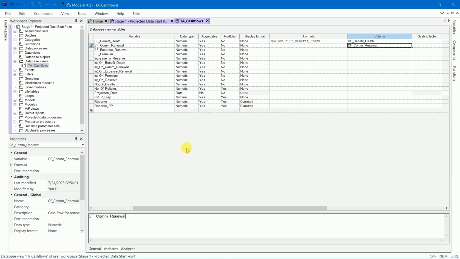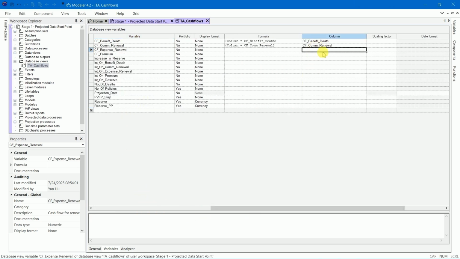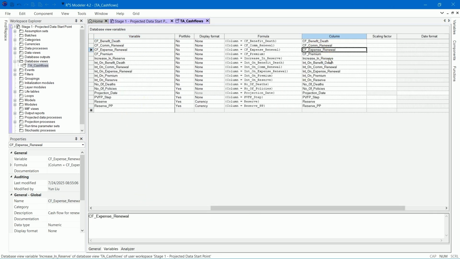Alternatively, you can just highlight the variable names, copy the variable names and paste to the column property. You will need to make sure the variable name is the same as the column name in the Excel file.